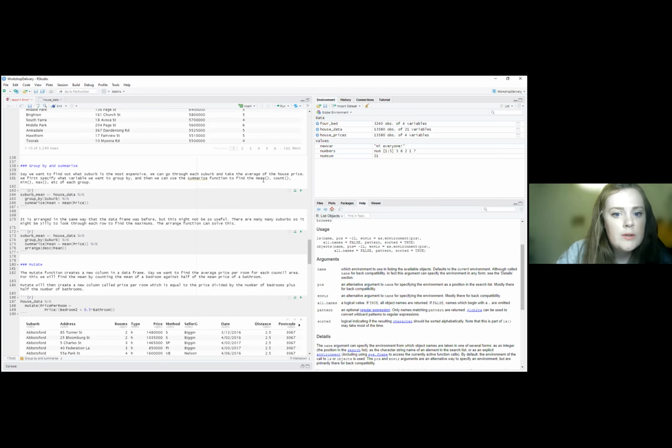Ones that are often used are mean, count, min, and max. I'm guessing you can see from their names, they're quite descriptive. Mean takes the mean, count takes the count, min returns the minimum value, and max returns the maximum value. These can also be used normally if you want to take the minimum or maximum values of things. But we can use them really well in group by and summarize to make some really awesome changes